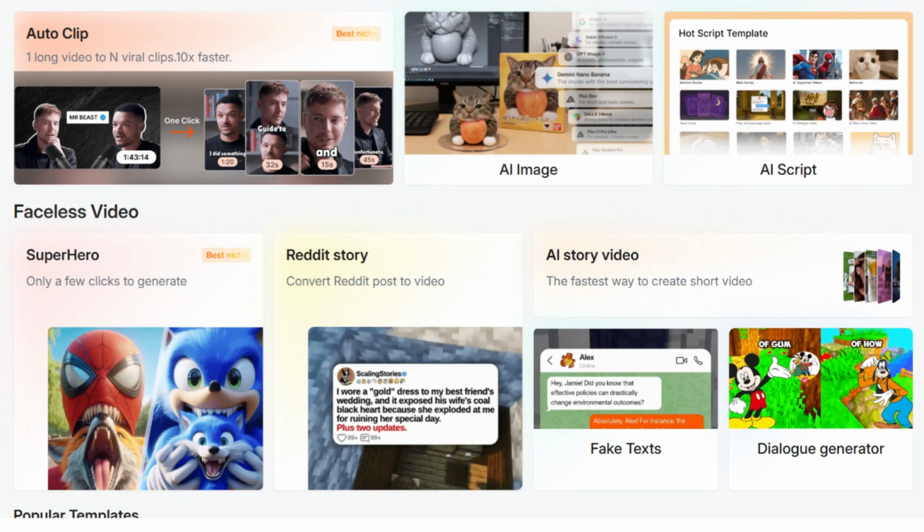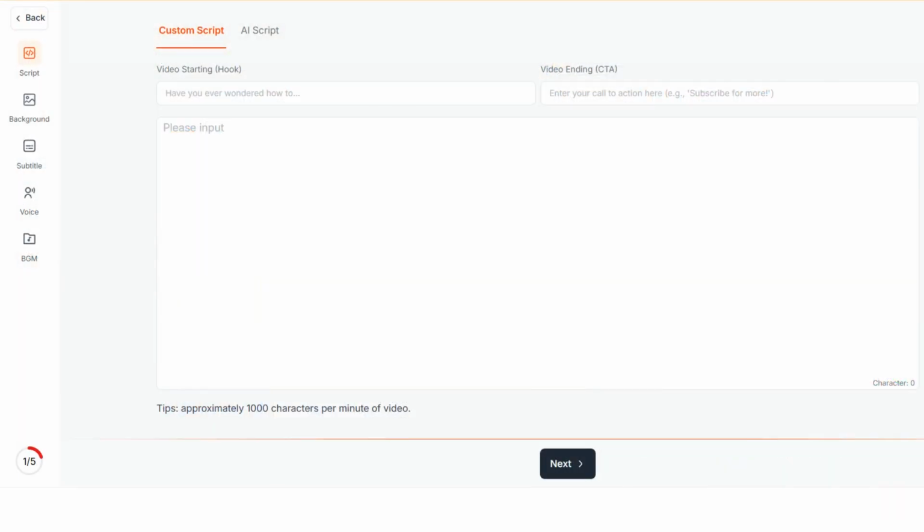That's pretty impressive, and I think I'll check out one more feature for today. Let's take a look at the AI story video and create one. Here is the script page of the AI story video feature. You can either write your own script or let the AI generate one for you on this page. By default, you're on the Custom Script tab. At the top, you can add your video starting hook, a strong opening line that grabs attention, like, "Have you ever wondered how?" On the right side, there's a box for the video ending CTA, where you can include your